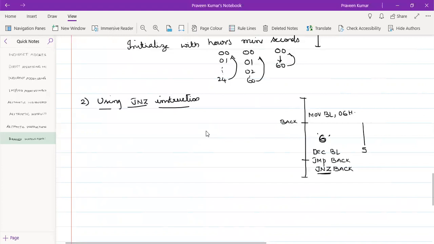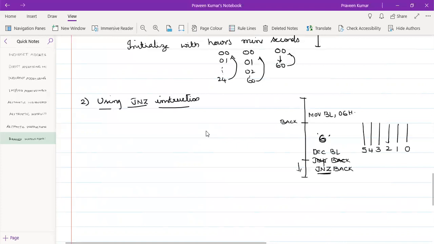Now after DEC BL, the statement that we are writing, that is jump if not 0, will again execute and go with the 4th iteration. Again execute, again execute, again execute. The moment it sees 0, it comes out of the loop and will execute the program sequentially.